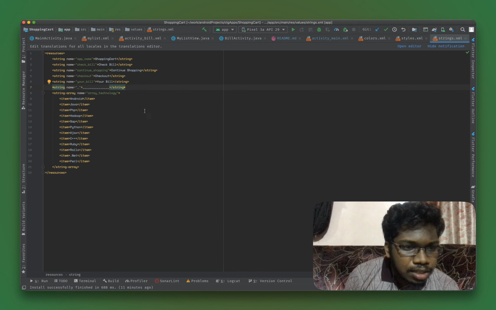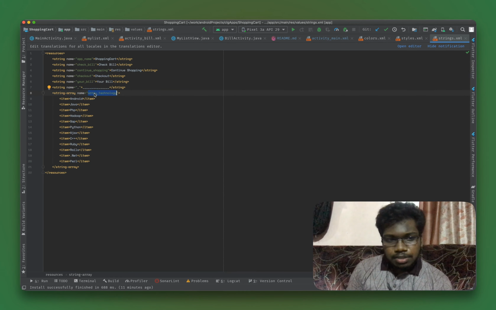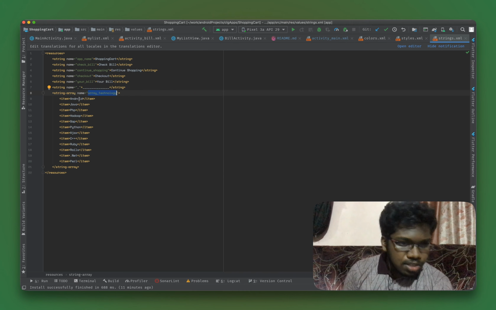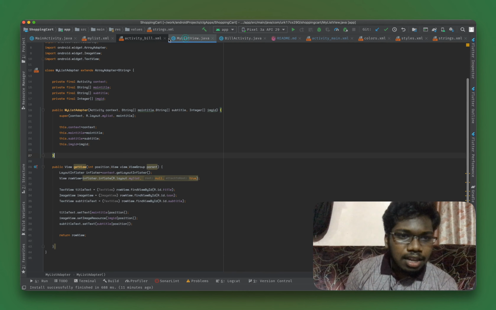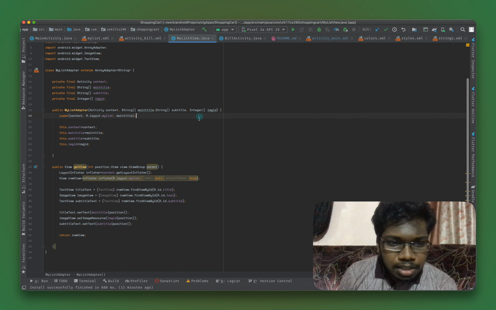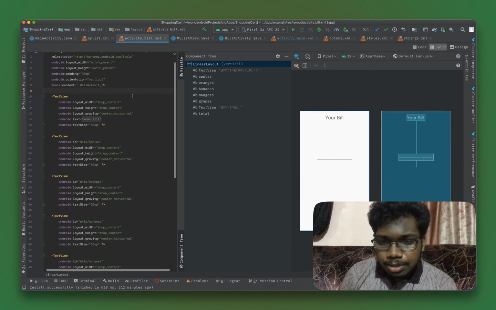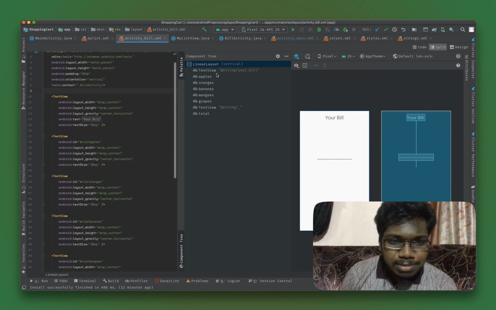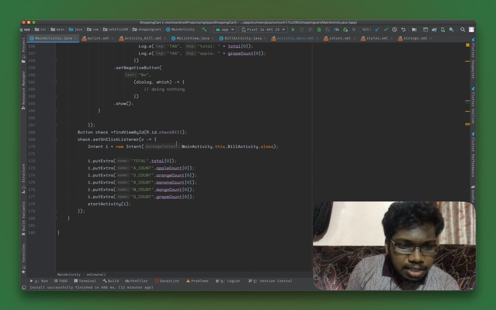I can also have something like this, an array name, and using a string array resource I can get the values from the array resource right here into the list view. So that is also possible, but it will just take two more lines of code. That's it. And now let's get to the billing activity. Here we are just going to display everything. Whatever we are calculating is in the main activity itself, and when the button is clicked right here,